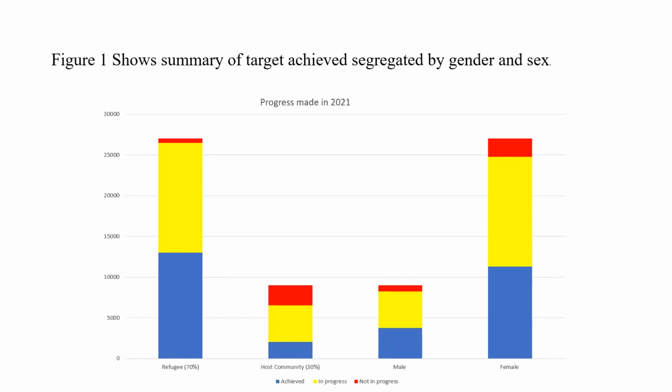We covered that with the small funds we got in Zone 3. And the host, you see, they are supposed to be about 4,500, and they were able to reach close to 3,000. We see something red somewhere: the blue is achieved, the yellow is in progress, and then not in progress. You see that there's nothing in a way. But when you look at the males and the females, it is all segregated there at this level.